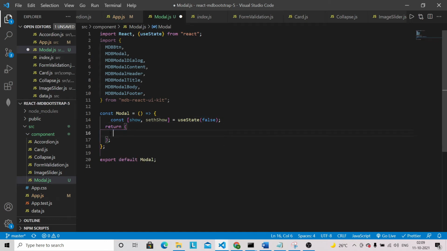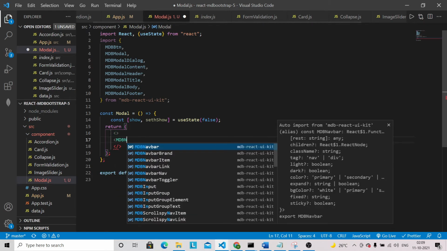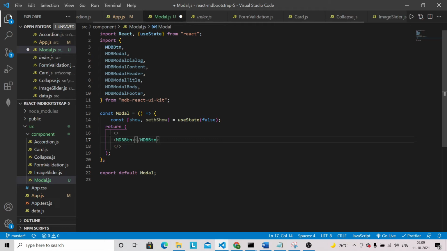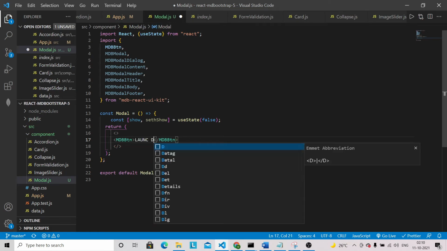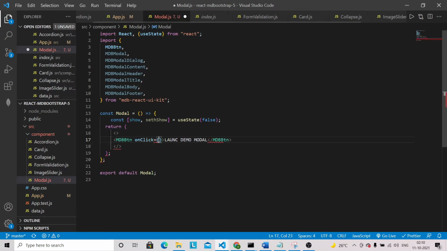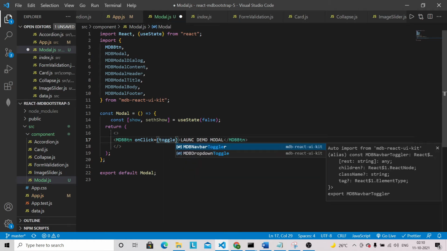Let's remove this content, we don't need this one, and I'm going to use a fragment here, and first I'm going to have this MDBBtn. I'm going to give here something like launch demo modal, and on click we are going to have one method that is toggleShow.